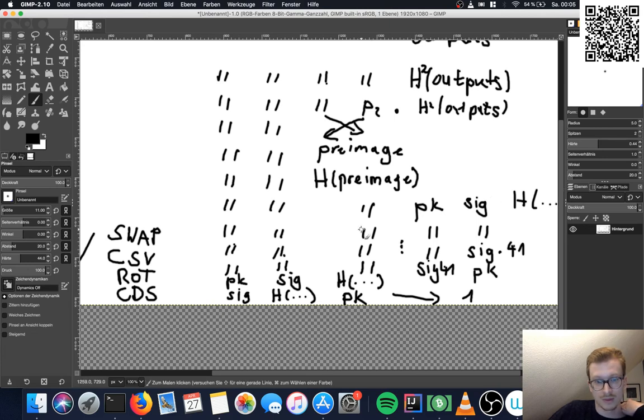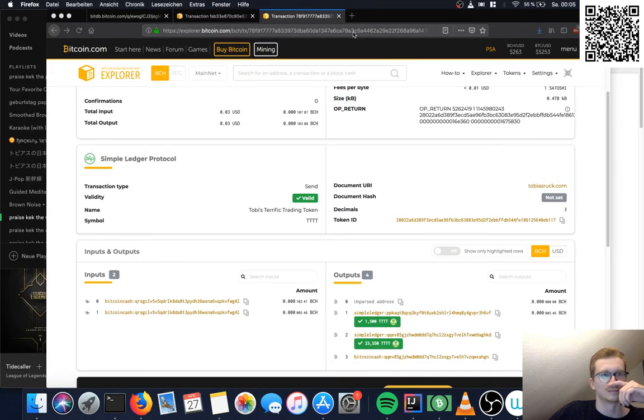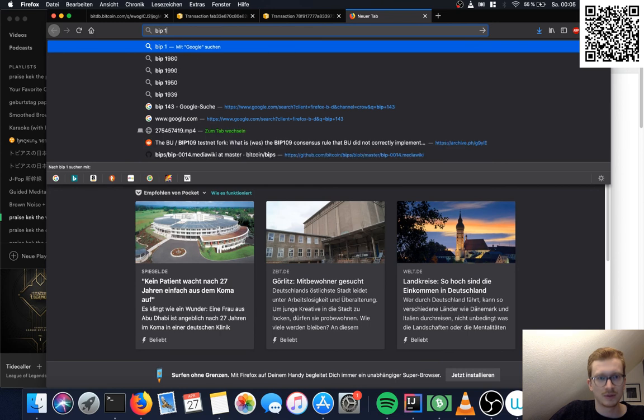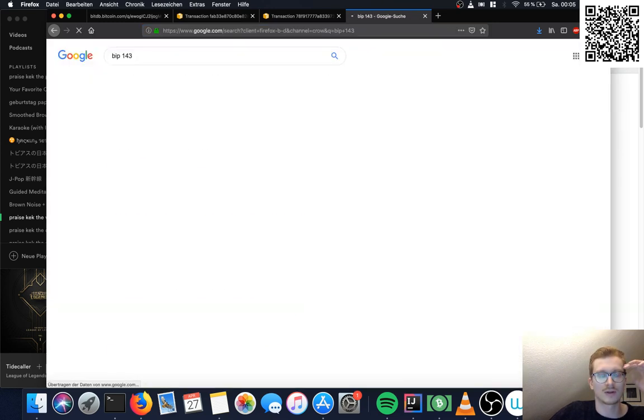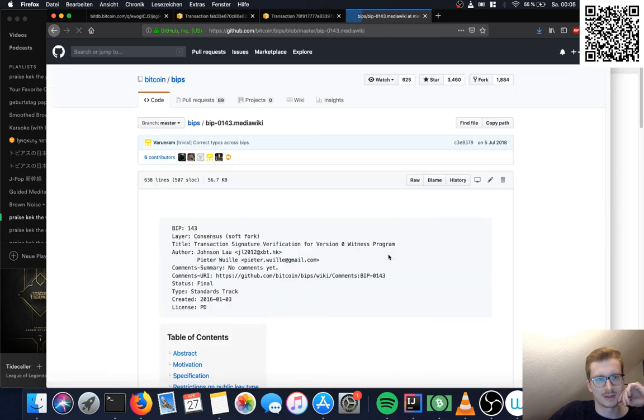Okay, so let's get shortly into how this pre-image thing works. This is pretty simple, I think, more or less. This is BIP 143, which explains it.